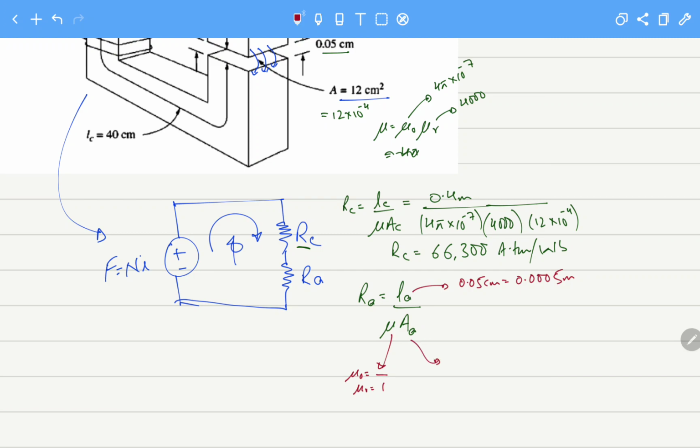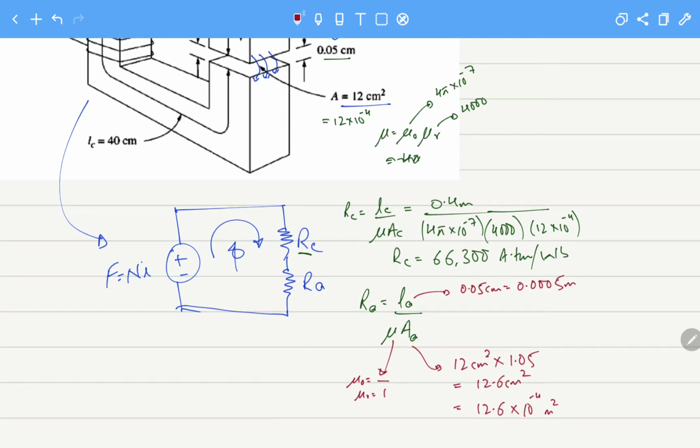And about the air gap, it states that it has a fringing effect. So the fringing effect causes a 5% increase. Originally the area was 12 centimeters squared, and due to fringing we had a 5% increase. So the area will become 12.6 centimeters squared, which is 12.6 into 10 raised to power minus 4 meters squared. So if we now perform the calculations, the reluctance of the air gap will become RA equals